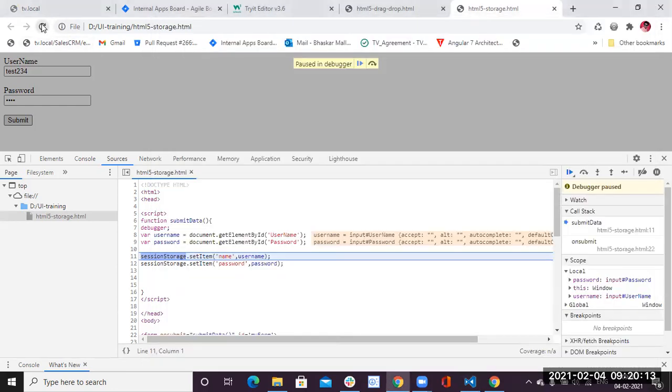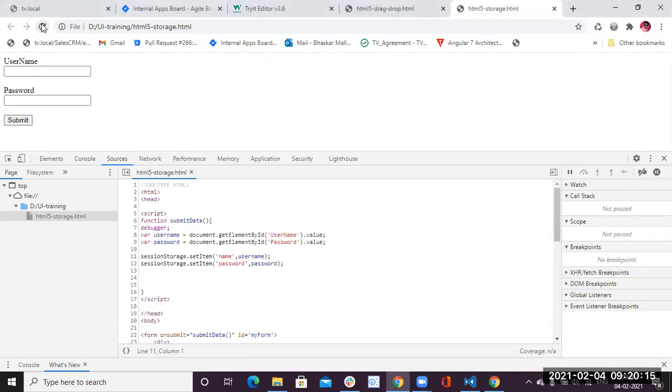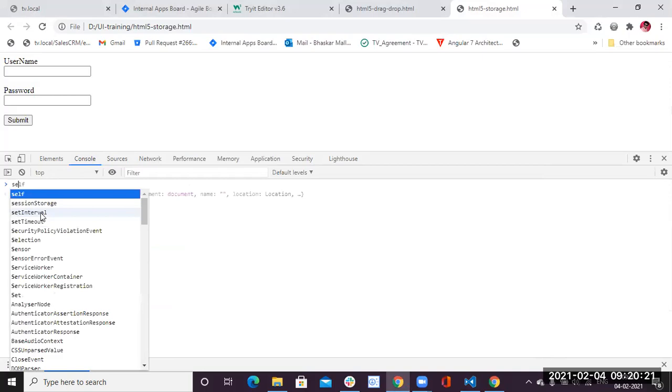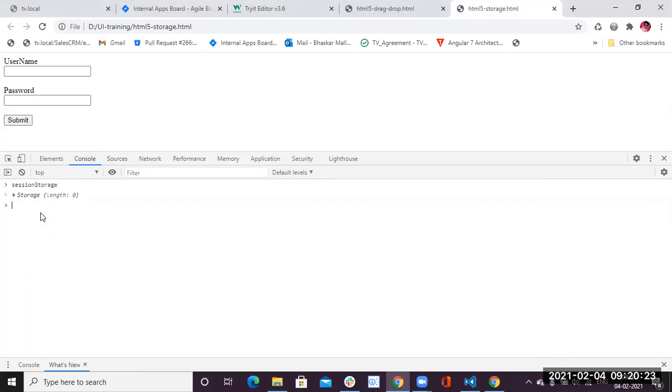Values we need to save, right? So first we need to see the session storage. Here it is empty, so no data has been saved. In the console, you can write sessionStorage and its length is 0. So we didn't save anything in the session storage till now.